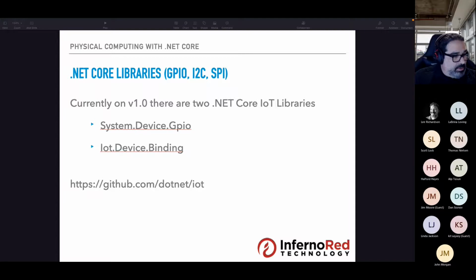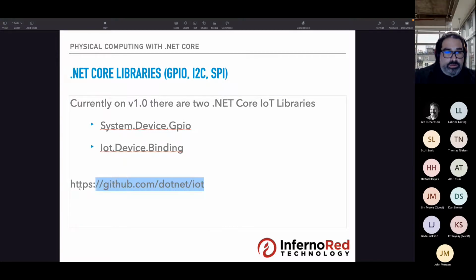So, interact with the binary pins on a GPIO, and interact with devices by using those pins with the I2C and SPI protocols, etc. And like many things that Microsoft produces today, it is a totally open source project. We'll dive a little bit deeper into that during the demos. I don't want to go too far into that right now.